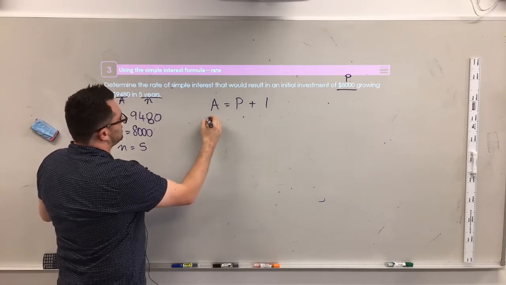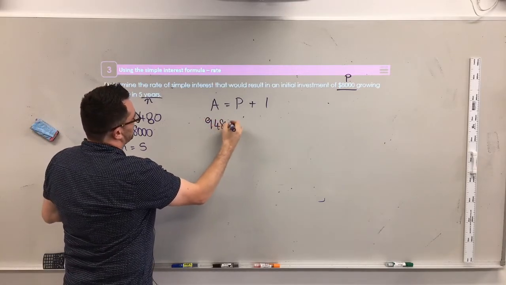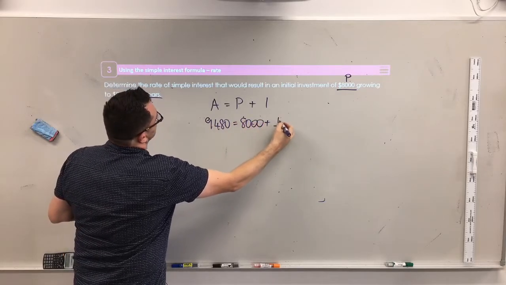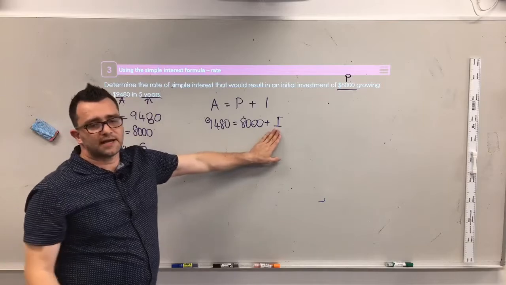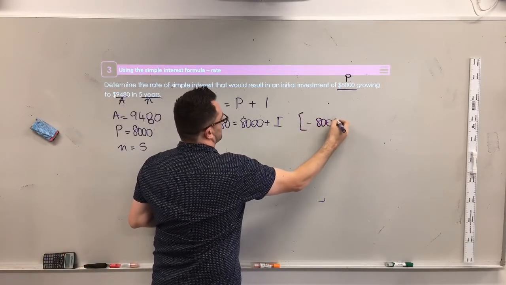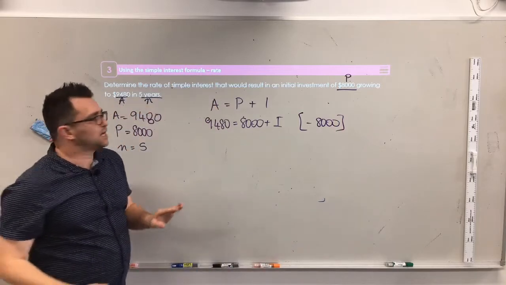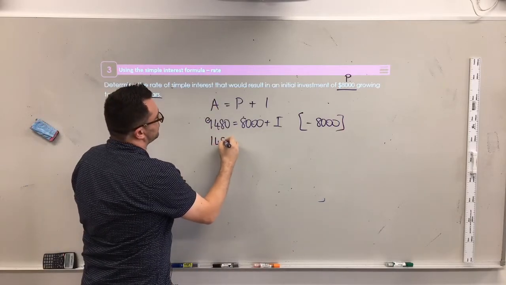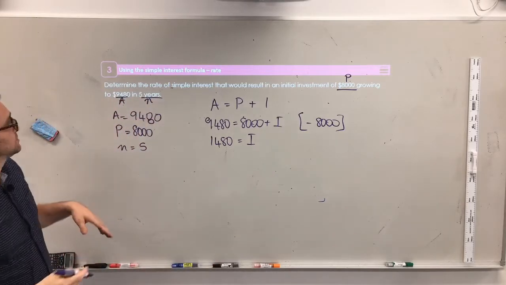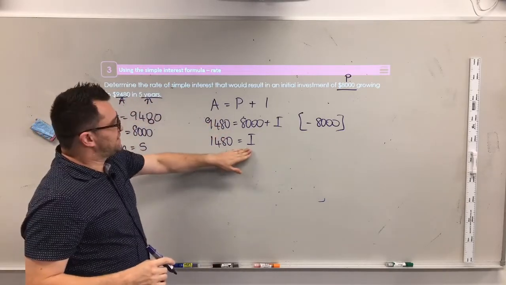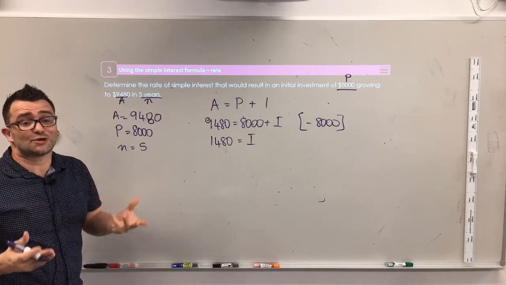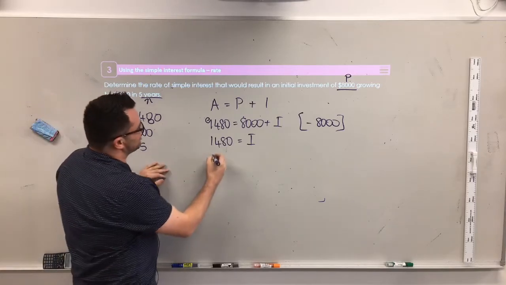So 9,480 equals 8,000 plus I. We can isolate our I on its own, so subtract 8,000 from both sides. So we end up at 1480 is our interest. So now we can take our interest amount and determine what that interest rate is. So remember, our